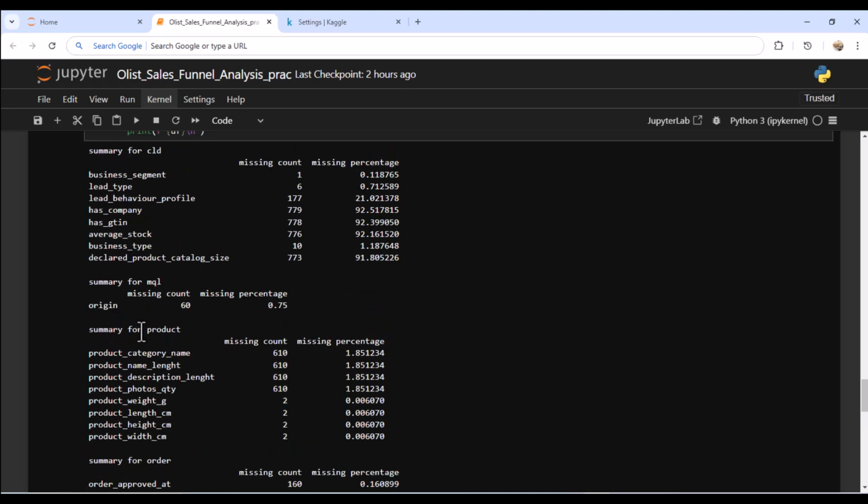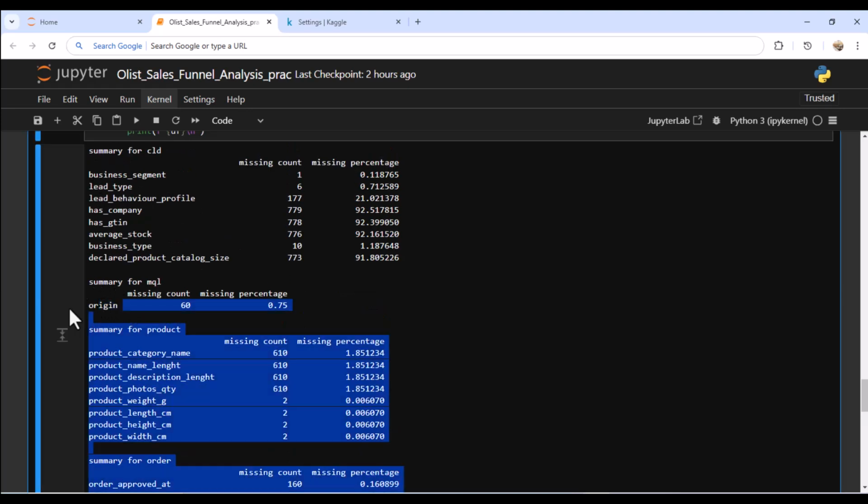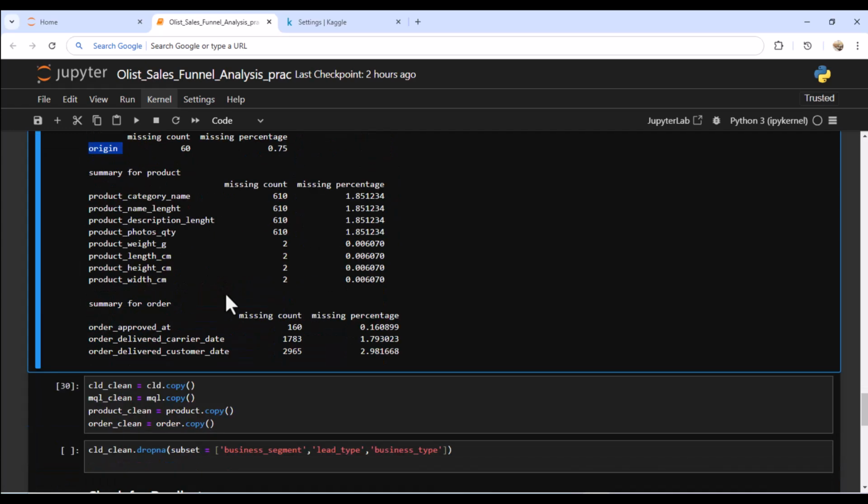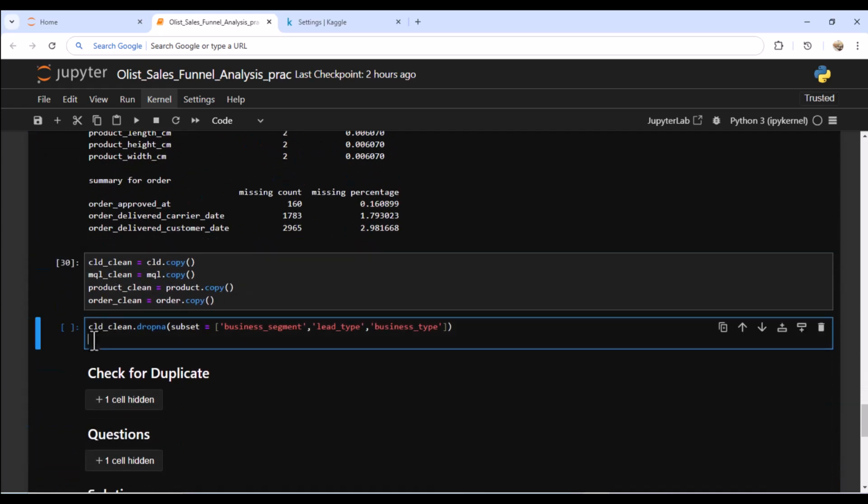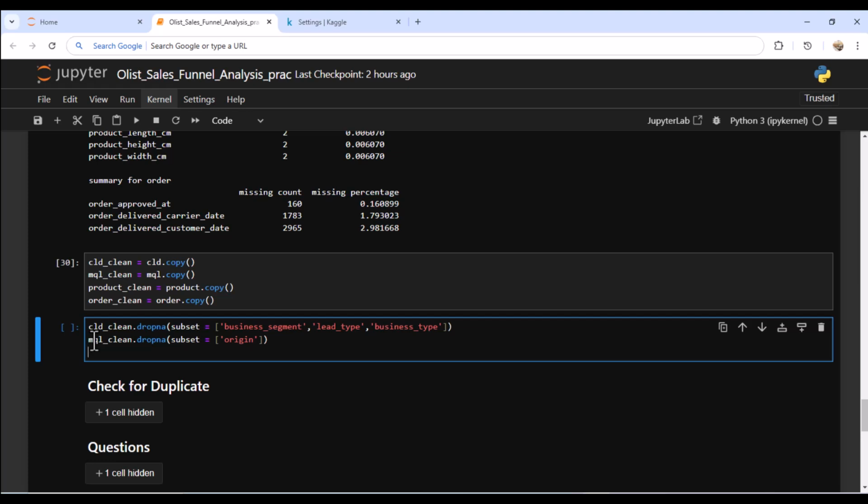That's for the first dataset. Then for the second dataset, you have some missing values for the origin, so we can simply drop that for the MQL dataset. So we can simply say MQL clean dot dropna. Also for the next dataset, which is products,